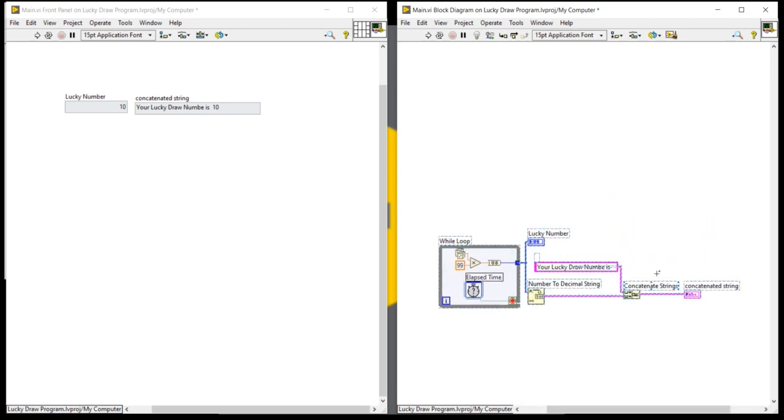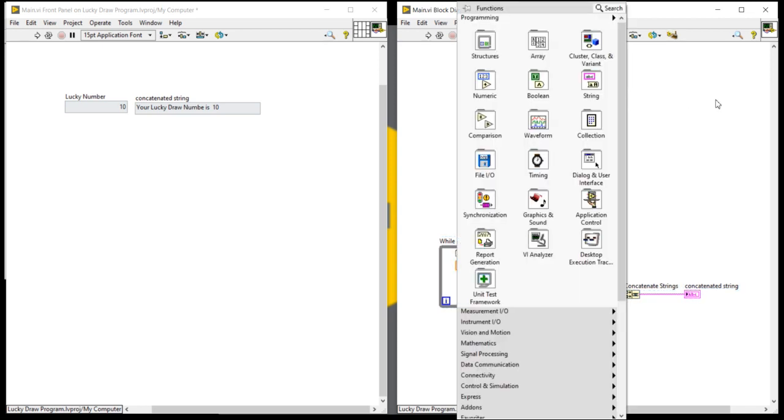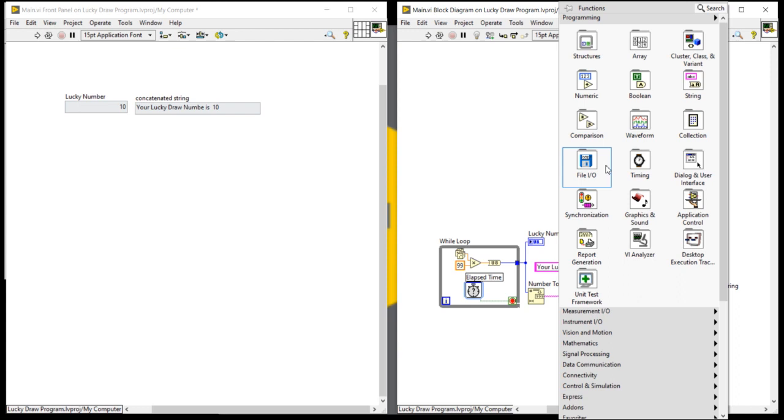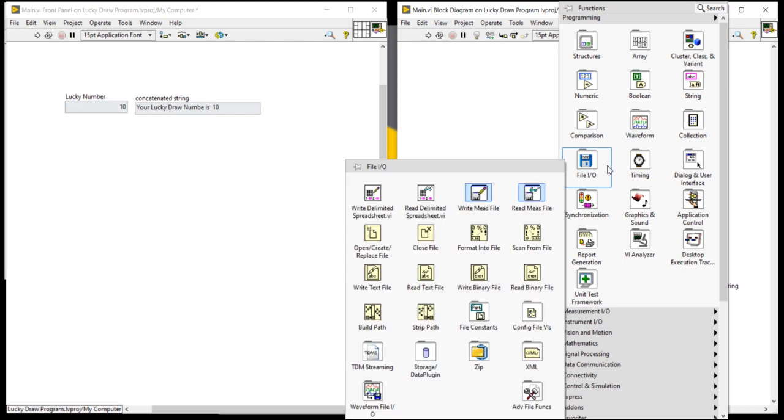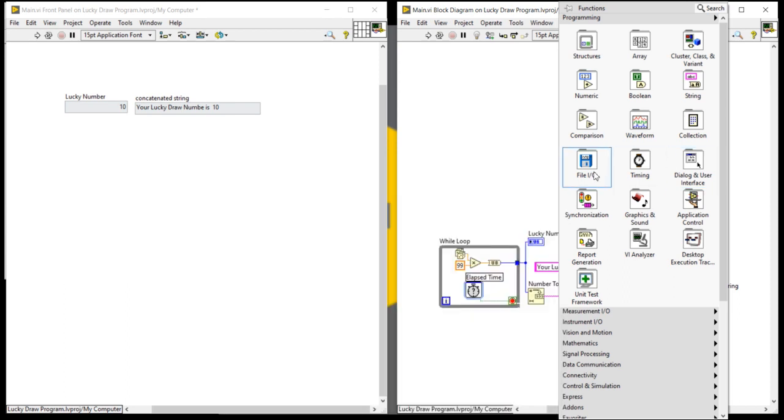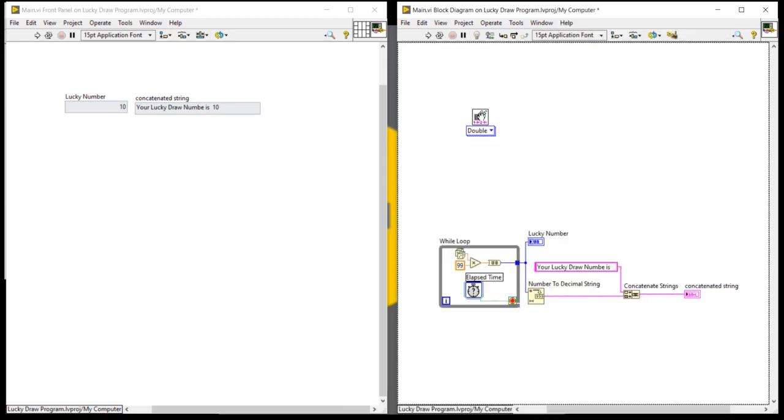Now look here, please. Right click, come into the file IO. In the file IO, you will find the read delimited spreadsheet. So take the read delimited spreadsheet.